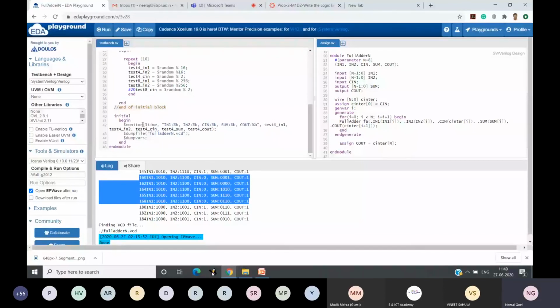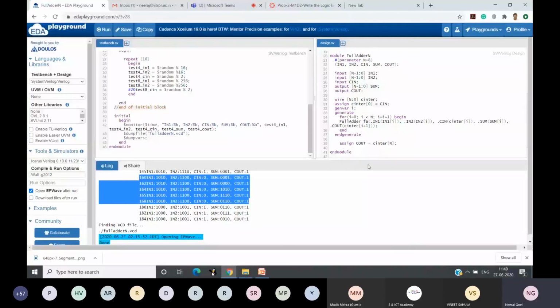Okay, so that's how monitor would help you in identifying all the changes, giving all the transitions correctly. So this helps us in debugging also. So sometimes monitor would help you and sometimes display would help you, and this dumpvars will anyway sample each and every transition of all the signals, even those signals which we are not monitoring here, because we are using this dumpvars command.